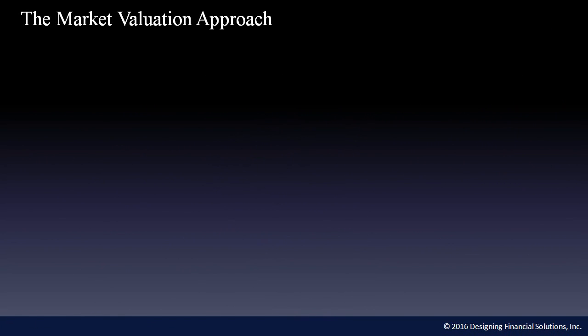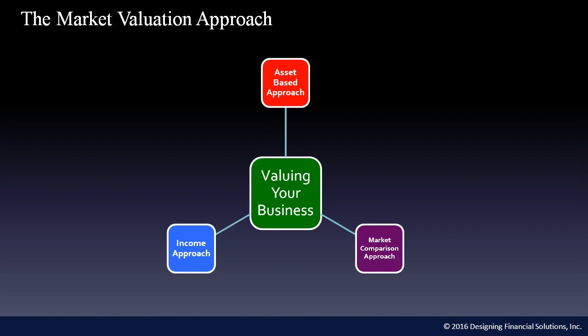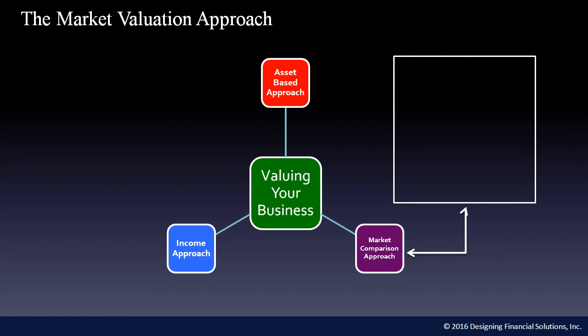The market valuation is quite different from other methods, and as we look at where this falls, we see that there are a number of things that you have to look at. There's a public guideline company for a comparative transaction. What you're trying to do is see how are other companies in my field selling, and what prices are they getting, and what are some of the ratios. And as we looked at the direct market data, that is where you can dig in and find out just exactly what the ratios are. It helps to come up with some figures.